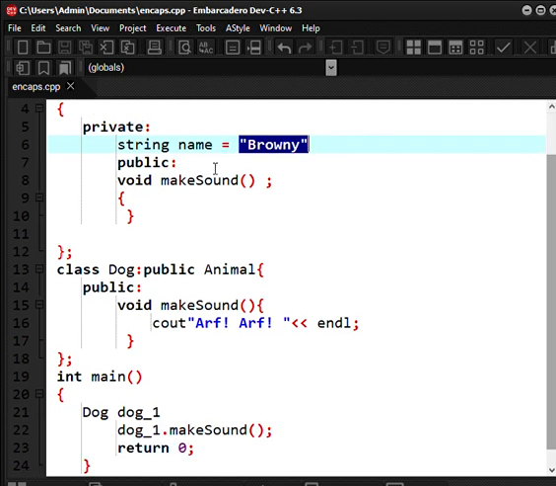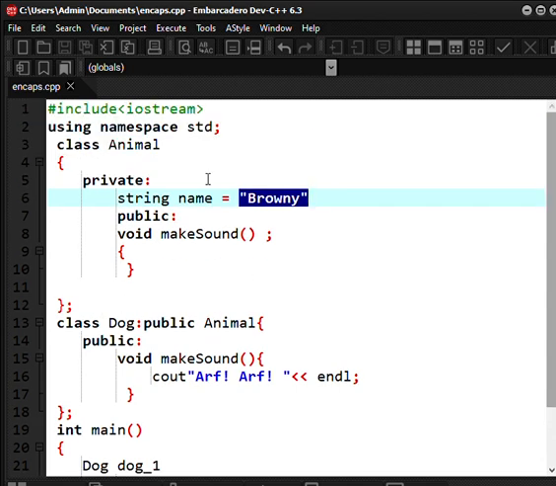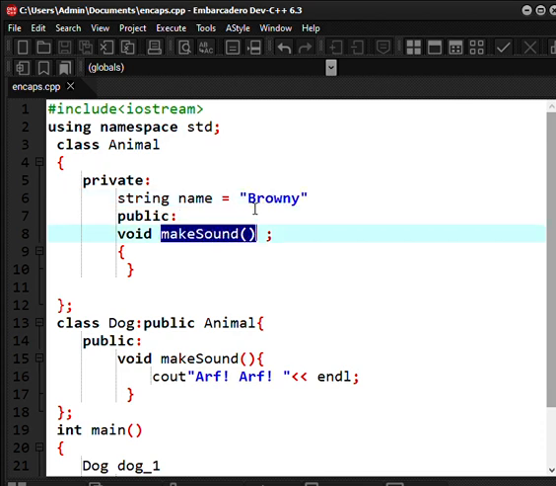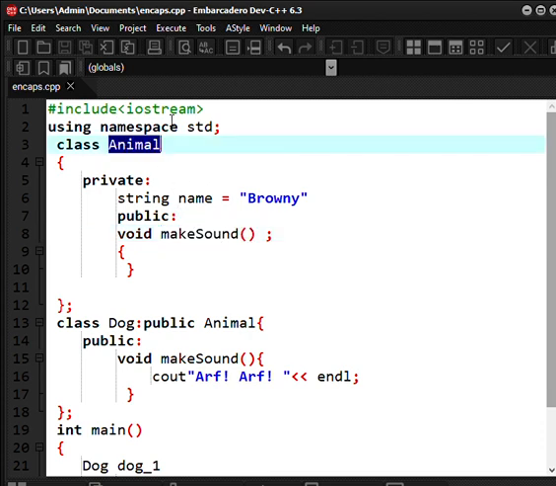Next, the abstraction. Based on our code example, we have here a function make sound. So the question is, what animal makes sound? We don't know what specific animal is to make the sound. We didn't understand the main point. It is unclear or vague for us.